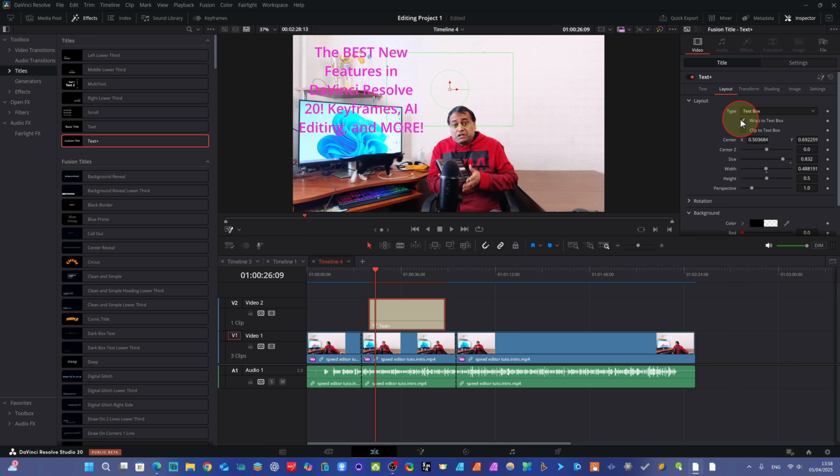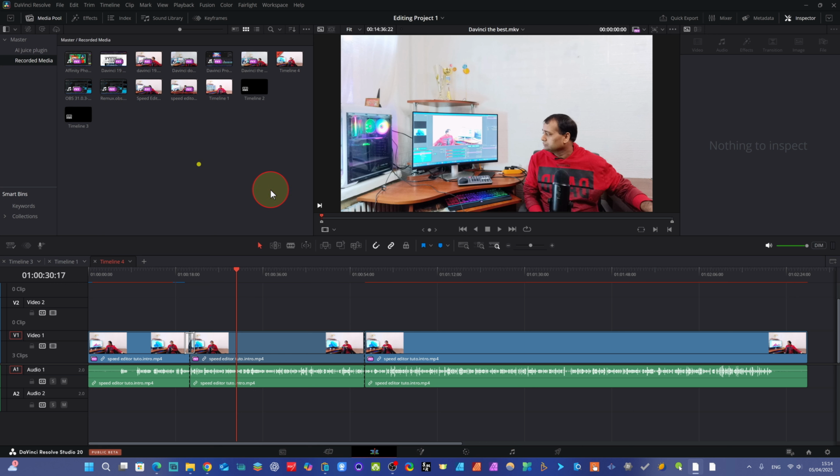You can see another new feature here. You can clip to text box. You see clip to text box, just click here and it will be visible like this. See here, you can resize and you can change the position. In this way it works. In the coming days it will be more refined, because of the beta version it may sometimes freeze and lag, dear friend. These are some major features added to DaVinci Resolve.